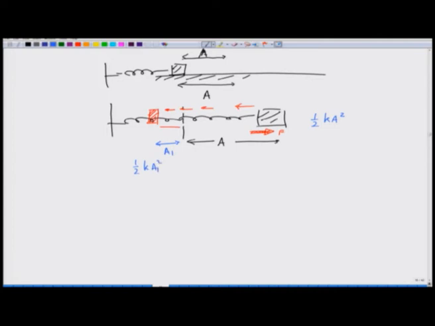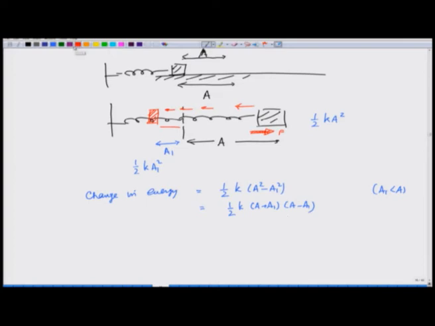Whatever the loss in the energy is, that is lost due to friction. So, the change in energy is equal to 1/2 k (A square minus A1 square). A1 obviously is less than A because energy has been lost. So, this is 1/2 k (A plus A1) times (A minus A1),